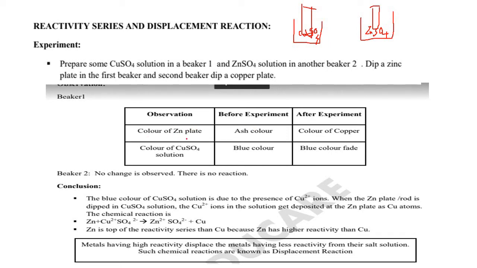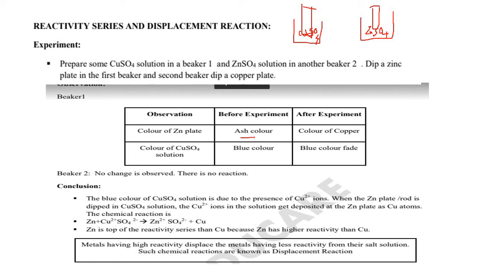Observation: color of zinc plate. Before the experiment, its color is ash color. After the experiment, you can see the color of copper on the zinc plate. When you dipped this zinc plate in copper sulfate solution, before the experiment the zinc plate was ash in color, but after the experiment you can see the color of copper on it. In the same way,